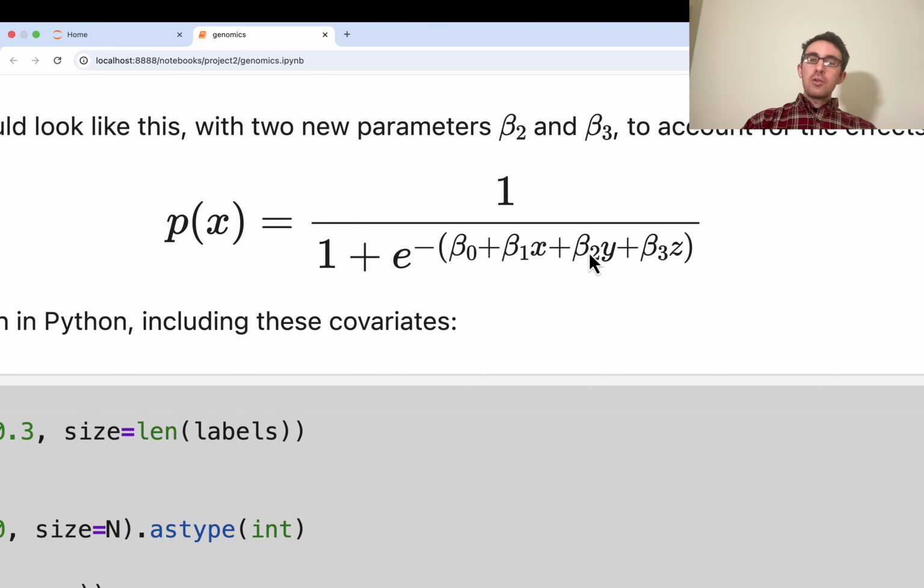How do these extra parameters change the interpretation of beta 0? Do they change the interpretation at all of what beta 0 tells us? So maybe you can pause and think before I tell you the answer. And the answer is yes. Again, this is kind of a trick question, because adding these new parameters does actually change the interpretation